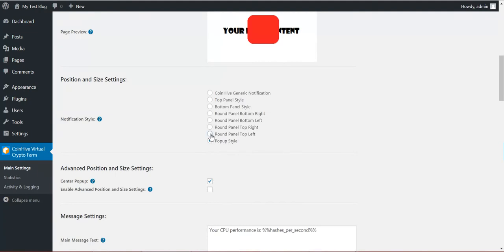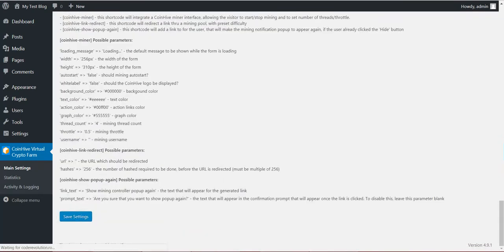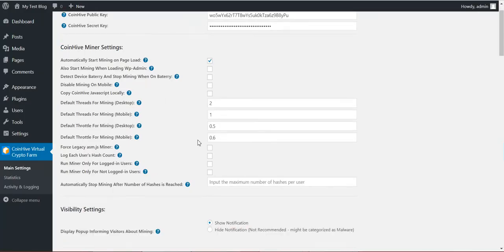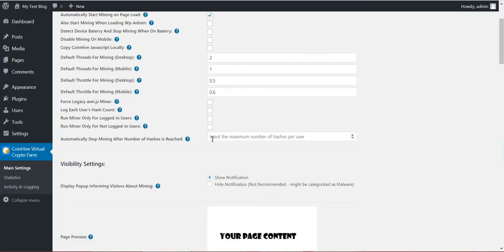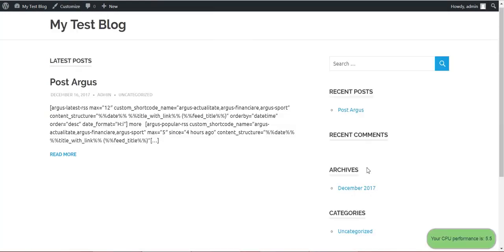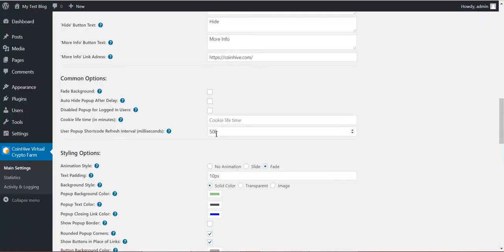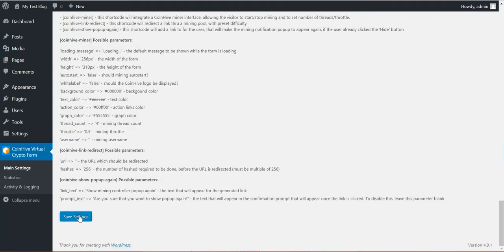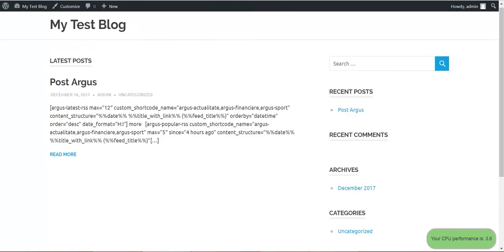Now let's show the pop-up, let's say round bottom right. Let's refresh it. Okay. Also, you can change the refresh interval in which this number refreshes. If you set here 100, these are milliseconds. So 100 milliseconds is 0.1 second. If you refresh the page now, you will see that